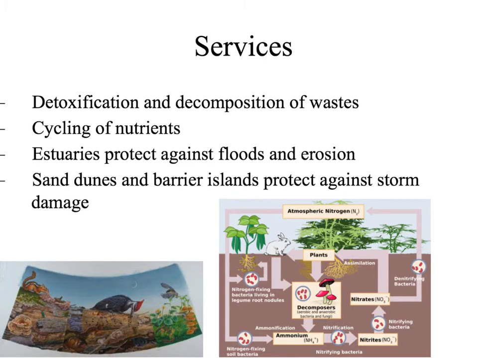We can also look at places like estuaries, where rivers meet oceans. These regions protect against flood and erosion. Whenever waters from the ocean rise, the estuaries can suck up that water and keep it from going further inland. This protects the inland and mainland areas from flood damage and protects from erosion. Sand dunes work in a similar way, as do barrier islands. When storms go through, waves and wind will hit the sand dunes and barrier islands first. They take the brunt of the storm and prevent erosion on our mainlands.